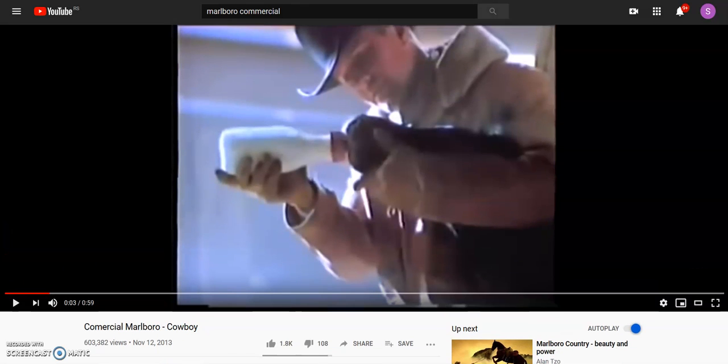Now, for my advertisement analysis, I chose an old Marlboro commercial, which I had heard about before class even, and what I heard is that it basically changed the way advertisement works forever. Now, what happened during that period is cigarettes were finally proven, well, not finally proven, but they were proven to be very harmful and that they can induce cancer and similar things. Now, that has been a known fact, but at that period, when this commercial was coming out, it suddenly became